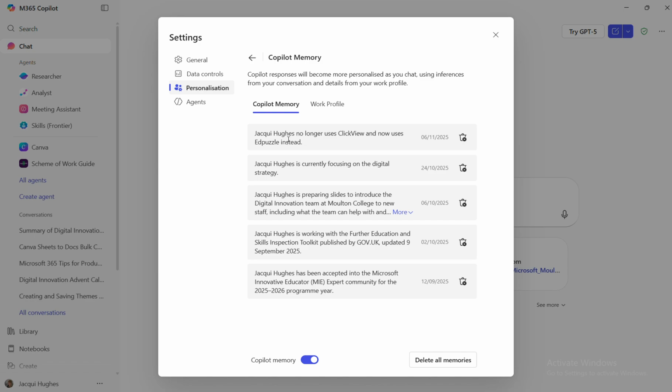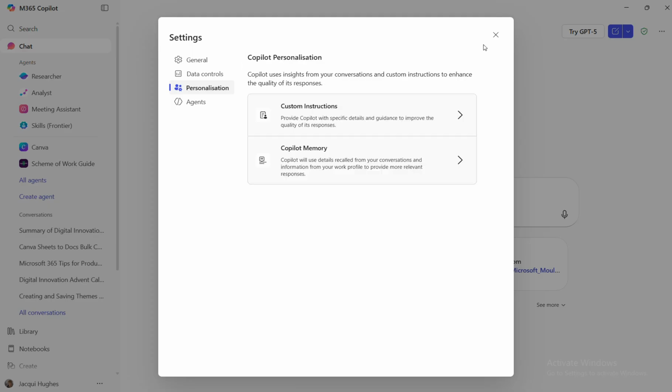So if there's certain documents that are always going to be relevant, such as the skills inspection toolkit, you can add that in and make sure it's referencing that as much as possible. And that's it really. You add that, and then also when you're in a conversation,